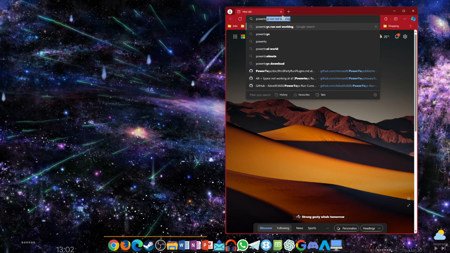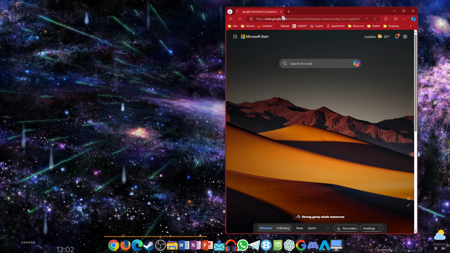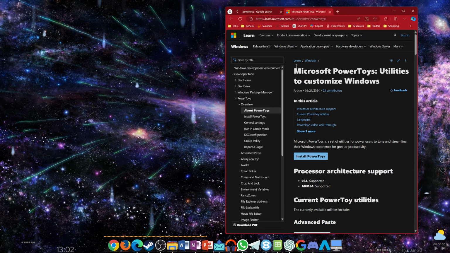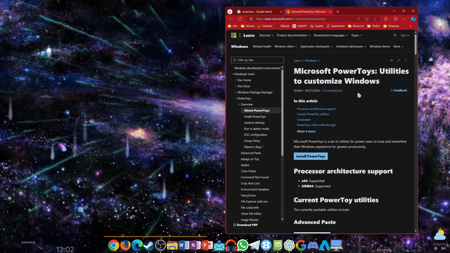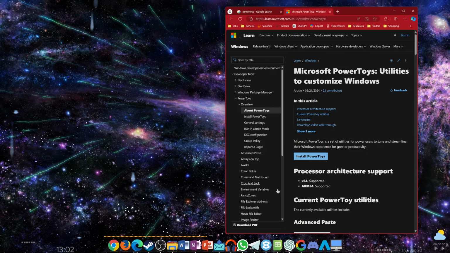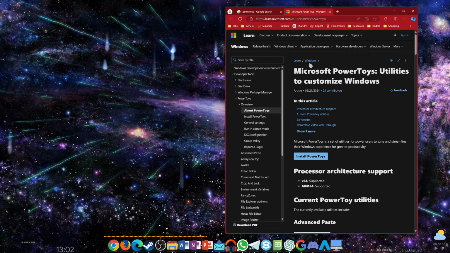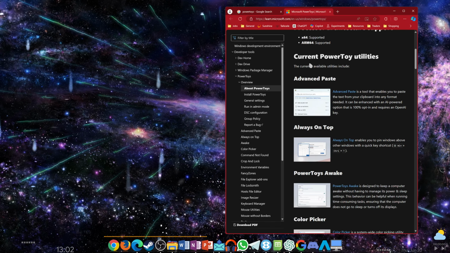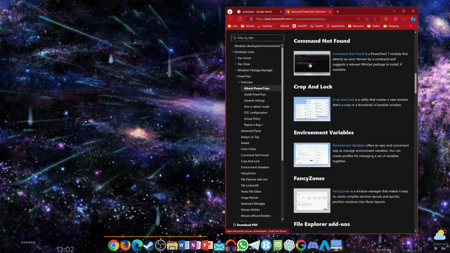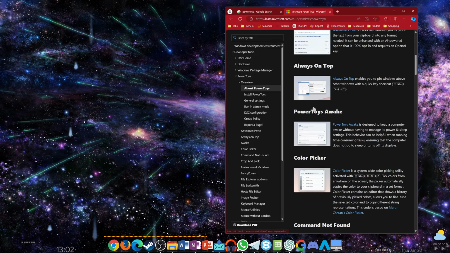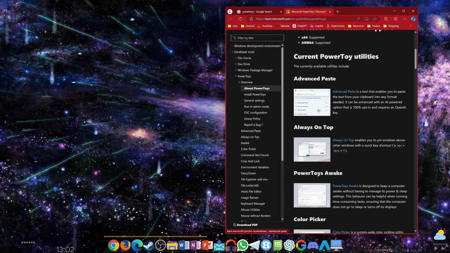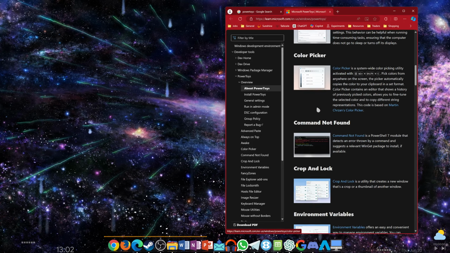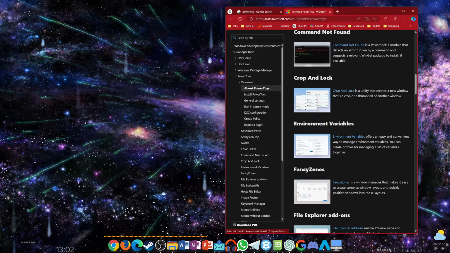So basically PowerToys, you can just search it up and then it's on the Learn Microsoft site, and this is where you can install it. It's not natively installed on a system, but you can download it from here. There's lots of different features here. I don't use every feature, but in particular I use always on top, color picker, crop and lock,